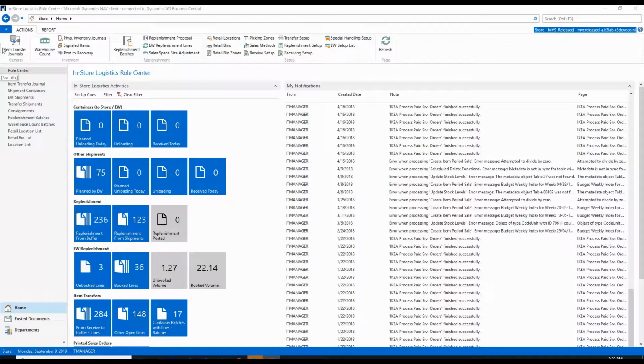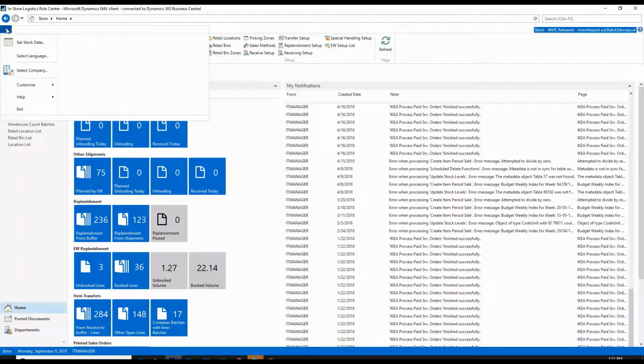If you want to personalize the navigation pane, the navigation pane is this one. If I click here and then customize navigation pane,